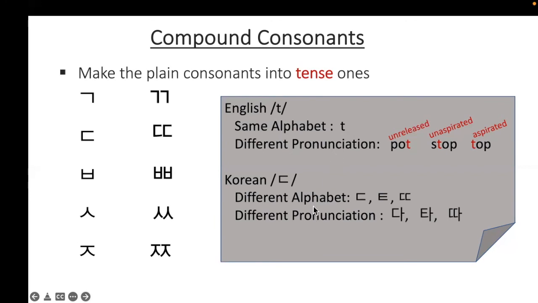But in Korean, we have separate letters for such different pronunciations. Even though they are really similar, we do have different letters, like this one, t, and then t, aspirated, and then unaspirated, like this, t, t, t. Okay, so